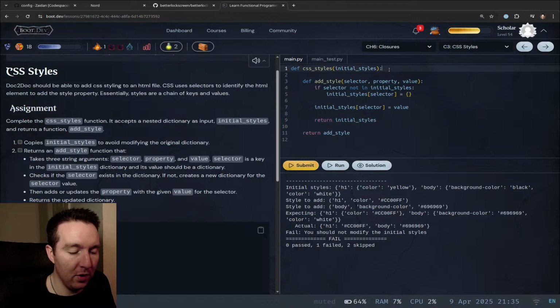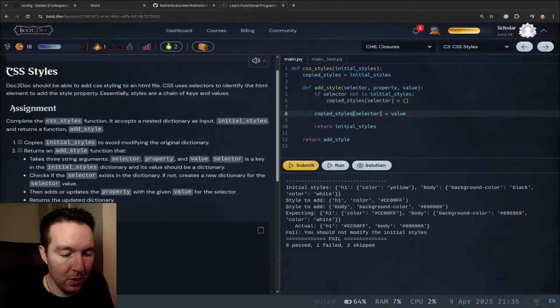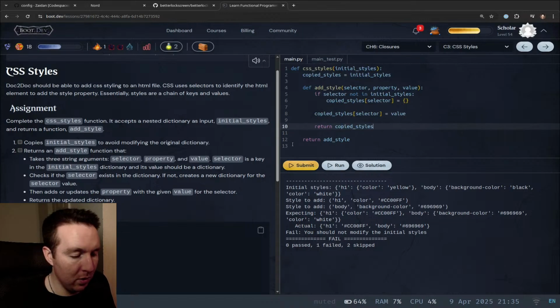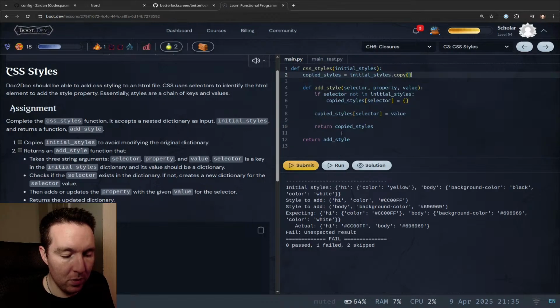Yep, okay, so we just need to copy it. So copied styles equals initial styles. So it's going to be, instead of that, it's going to be that. So we do that. So, oh wait, forgot the copy thing. Copy. So it copies initial styles of modified initial, returns an add style function that takes 3 string arguments: selector, property,